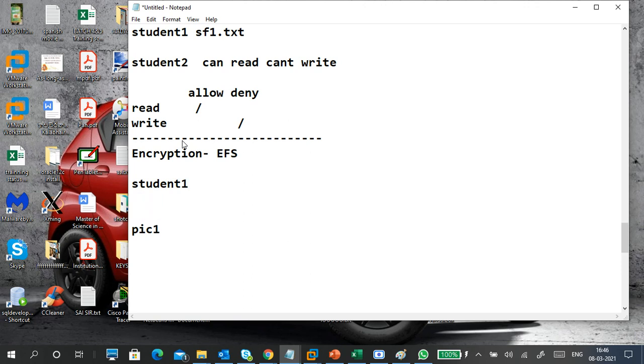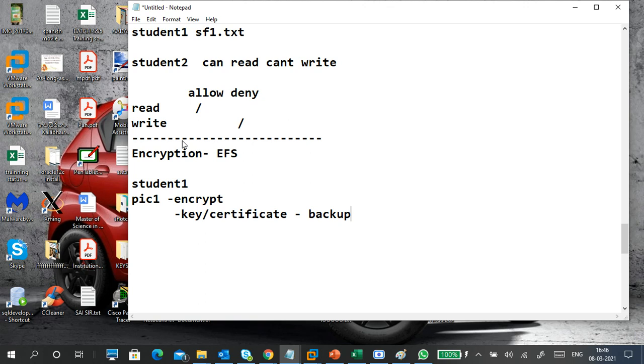So I have a picture, and I will encrypt it. I will encrypt the data, and it generates a key. Whenever you encrypt, it generates a key or a certificate, and I will take a backup of it and store it in some other place.